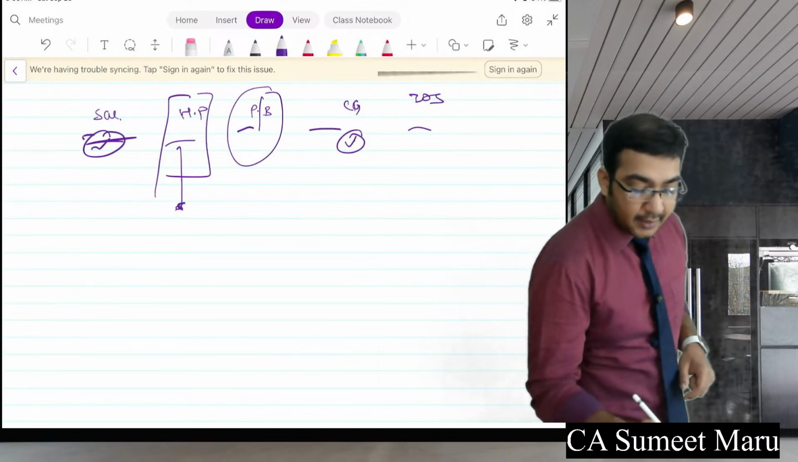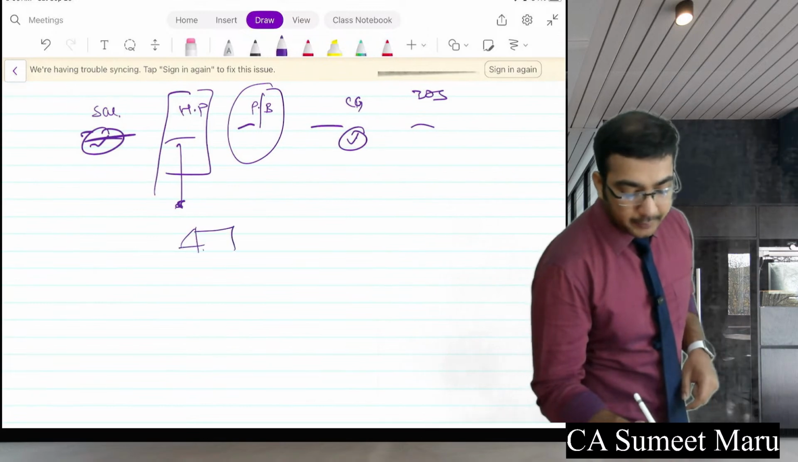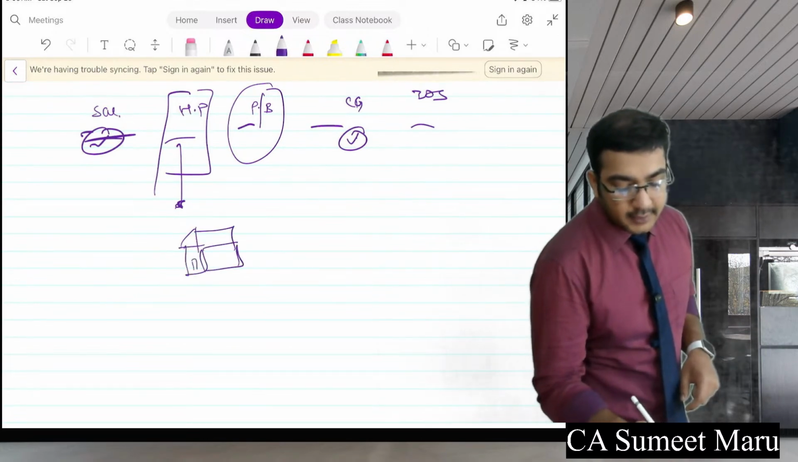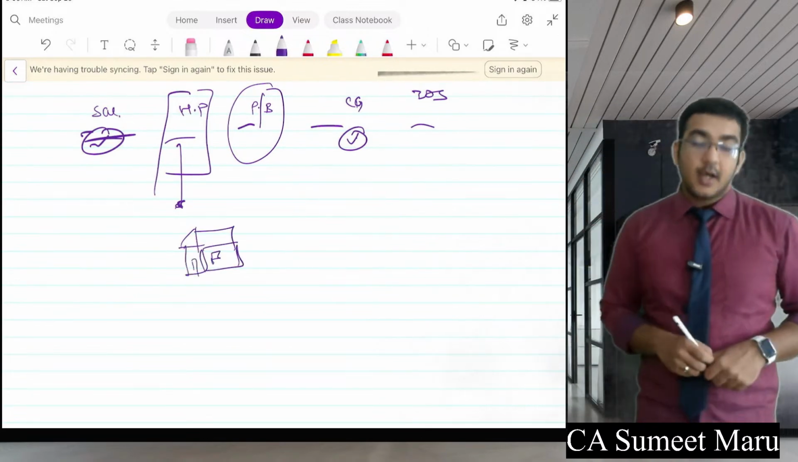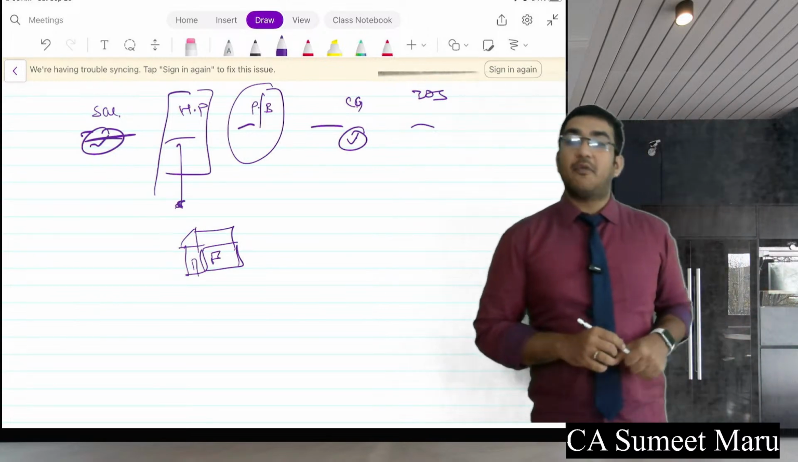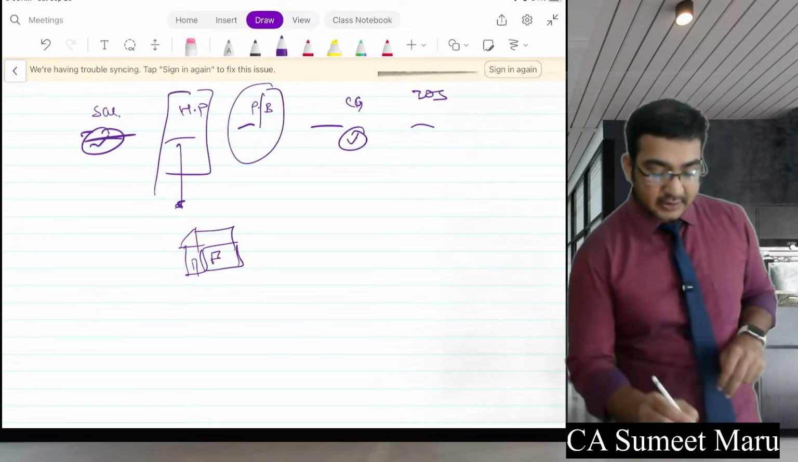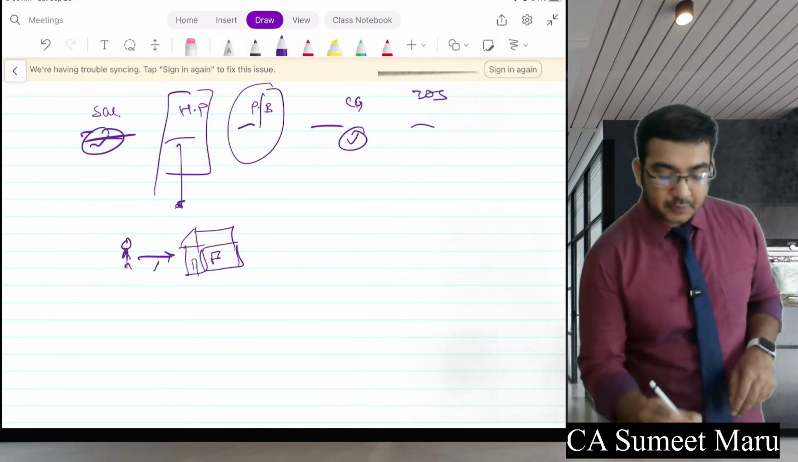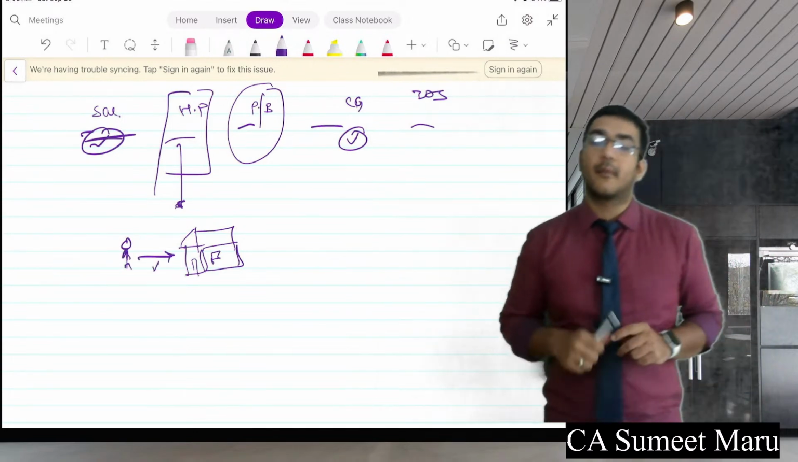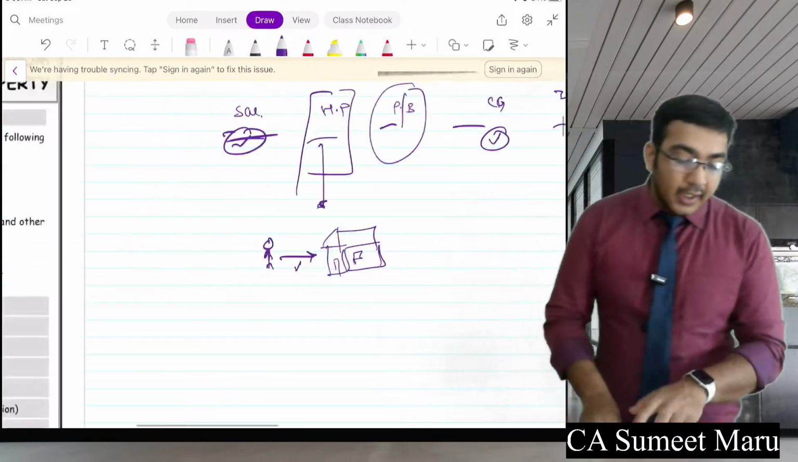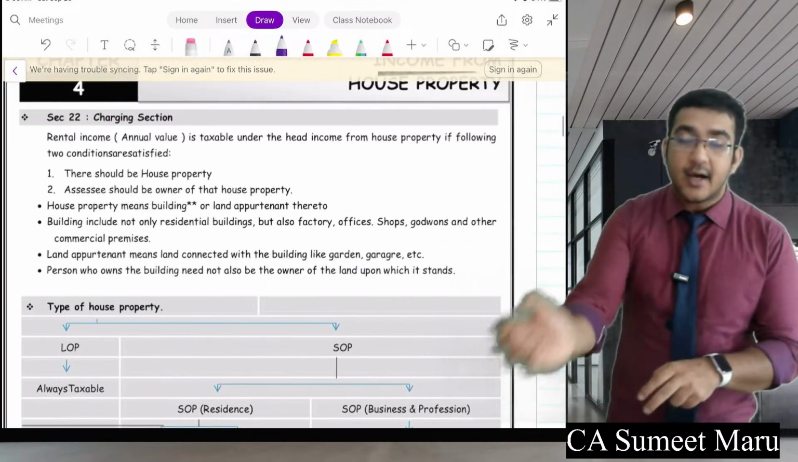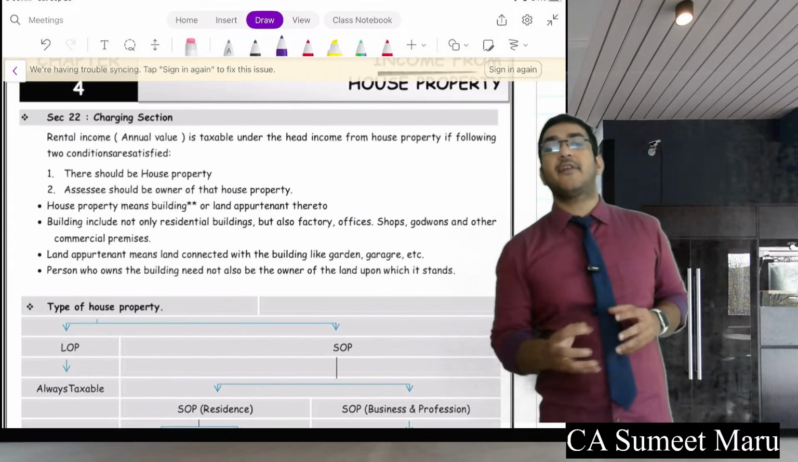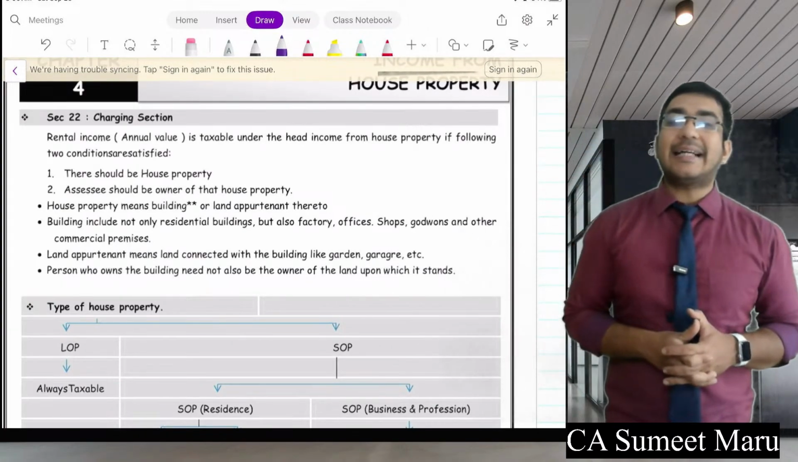First condition is that you should have a house property. You can see a beautiful house here. First condition is that you should have a house property, and second condition is that assessee should be the owner of this house property. Got it? If these two conditions are satisfied, whatever income you generate from this house property will be taxed under